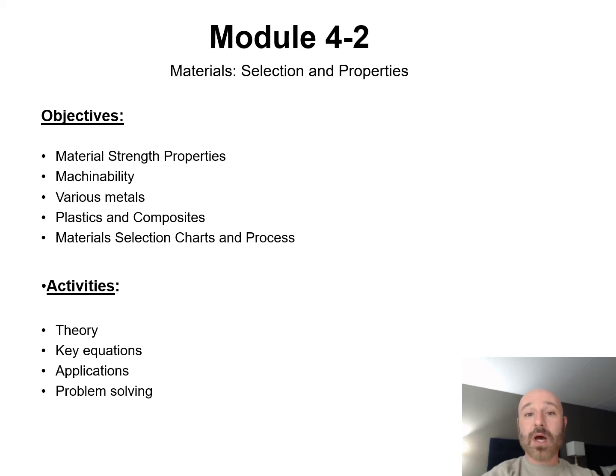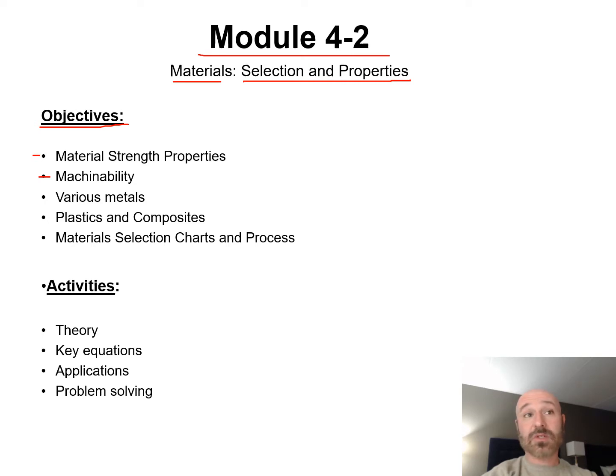So as we continue on with Module 4, we're going to go into Module 4.2. We're going to continue looking at materials right here. Now we're going to talk about selection and material properties. So within this section, some of our objectives are going to include material strength properties, talking about machinability and